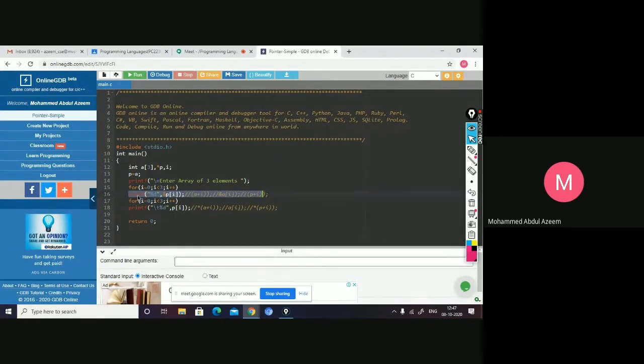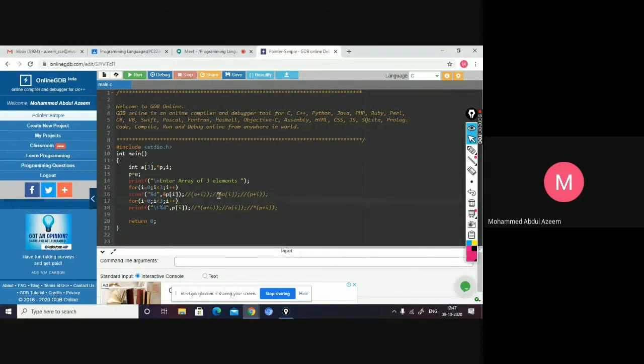Now while you're accessing the memory with the help of a pointer, as I said, there are two mechanisms. You can either access it through P plus I, or you can access it directly with ampersand P of I, which we generally use for array indexing. Or you can access it with the help of A plus I. A plus I is the pointer mechanism which you can apply to an array.